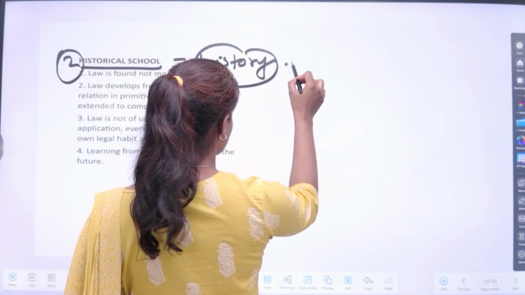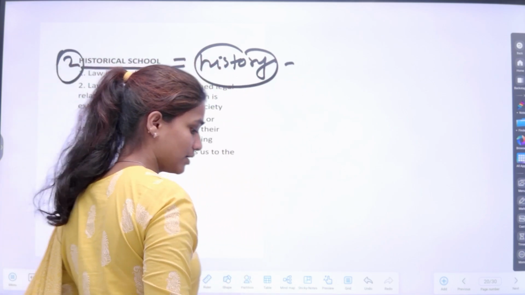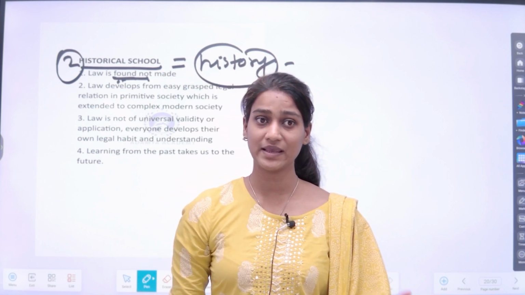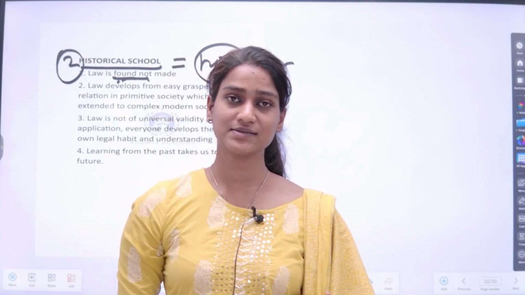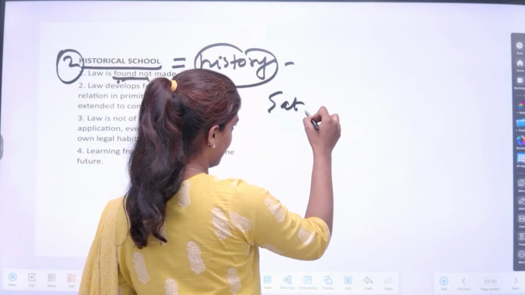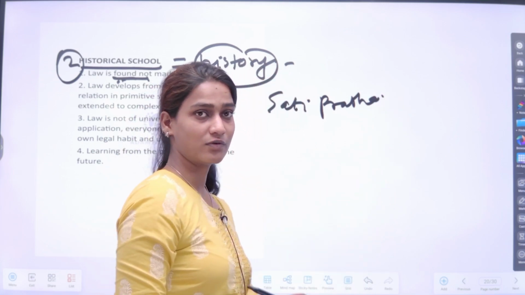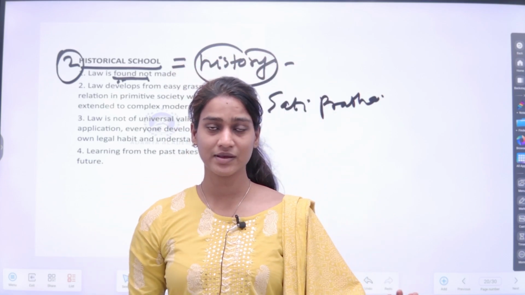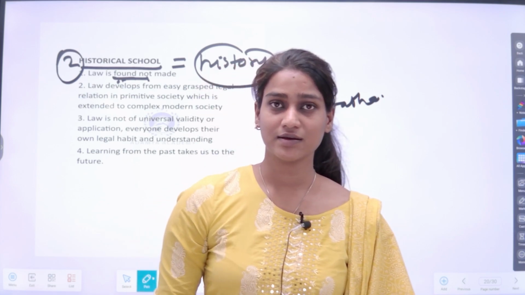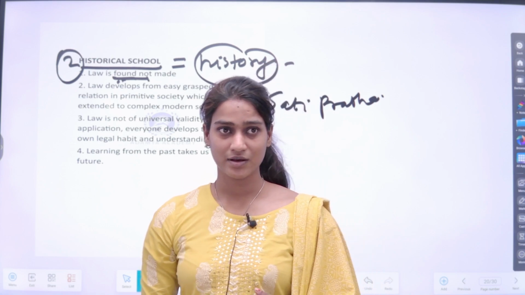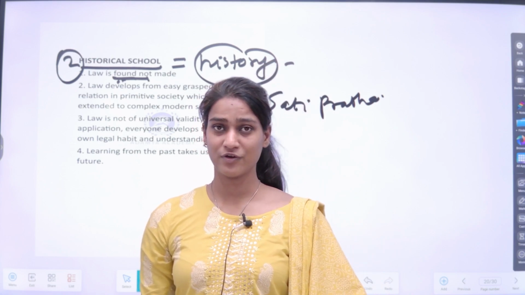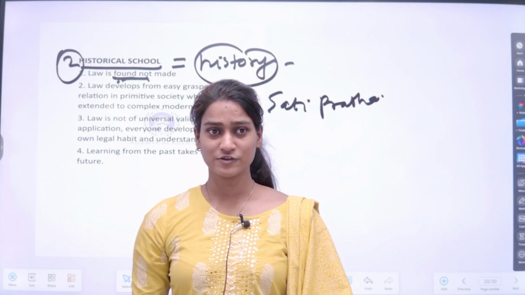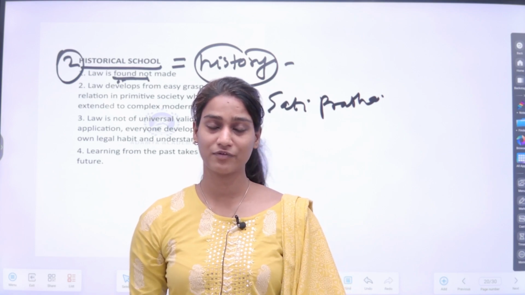And what history? Law is found, not made. So the prevailing conditions in the past have to be taken into account while making a law for the present generation. For example, let us suppose that Sati Pratha, which had been followed for time immemorial in the past, should it come back in the present, and should it be legally followed now? Let us think that one day when we wake up, the legislature comes with a law, and we read a law which states that Sati Pratha has become legalized, and if we don't follow Sati Pratha, we will be penalized. So will people abide by that law? Of course not, because